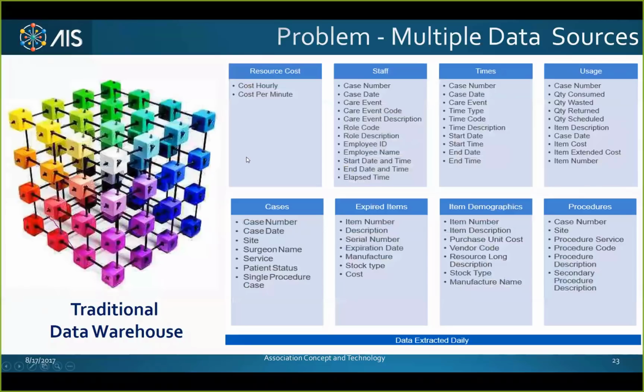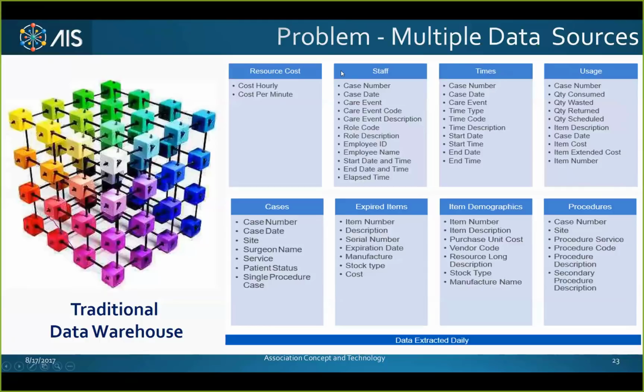Now, the problem stems from a huge issue. The cube that you see on the left is what's known as a traditional data warehouse. Each database there is essentially a set of three-dimensional cubes. Or it could be one cube, and these are your data elements. So let's assume the green is the resource, the blue is the staff, and the orange and red could be the tune.